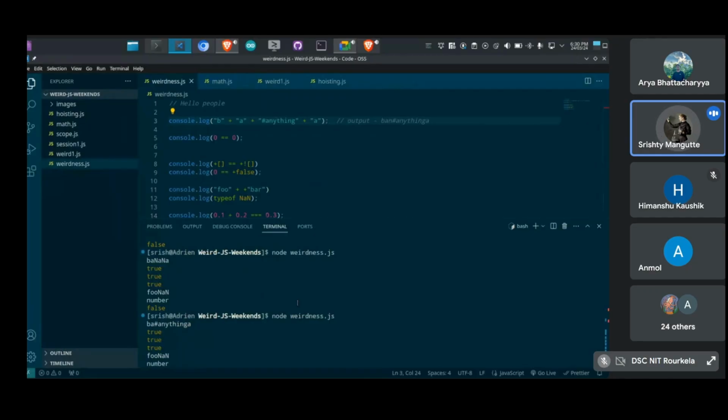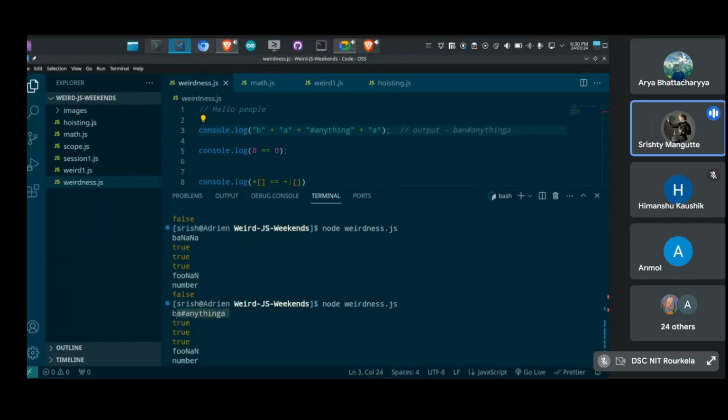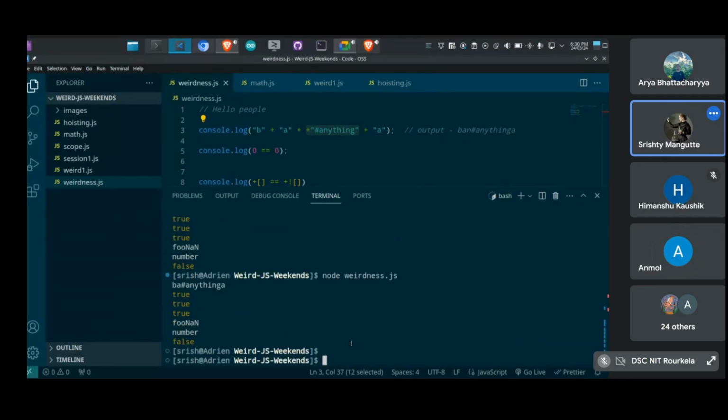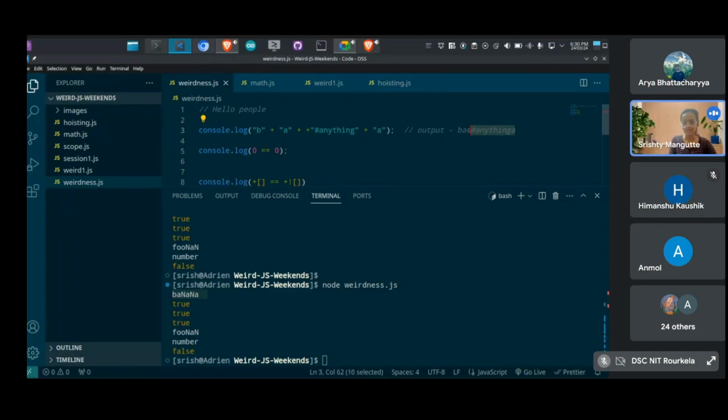I think now it's bigger. So as you said, this would be the case if we don't add the plus. But if we are adding the plus here, now this will make it not a number, NaN, and then the result will be banana. So this is not this, it is going to be banana. Now coming to the second question.